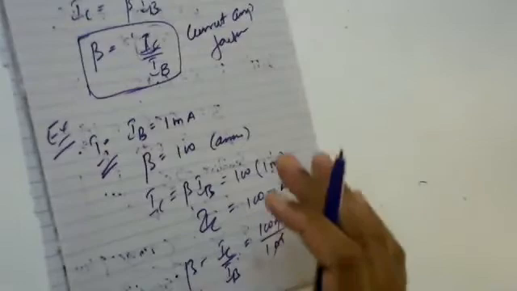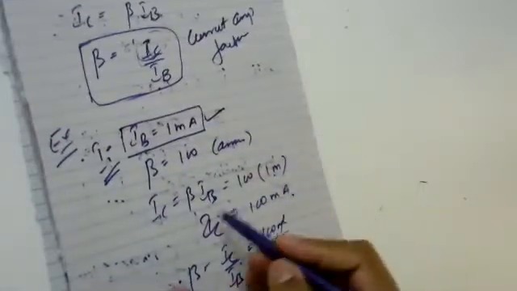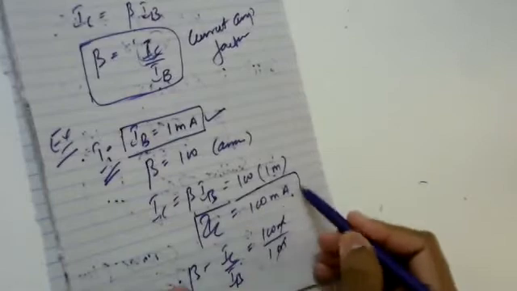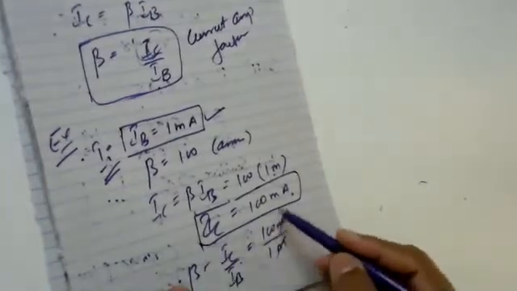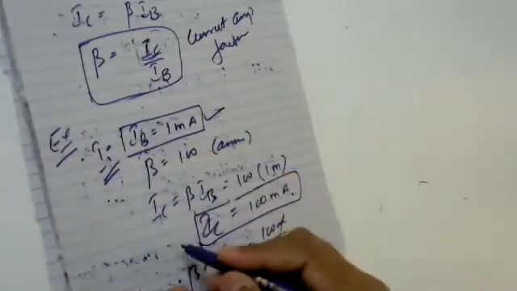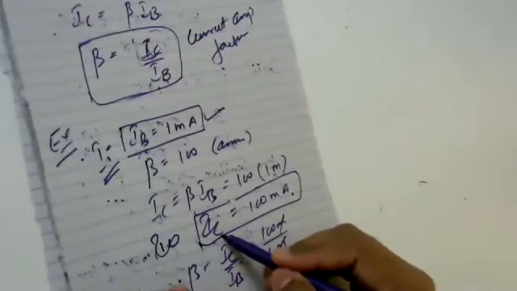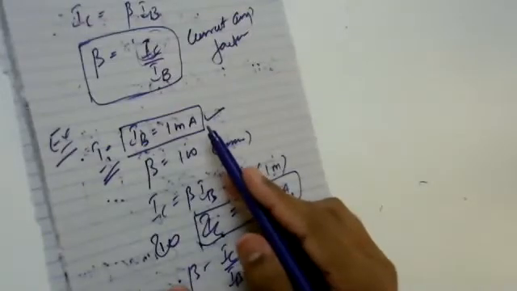So as we were interacting, you wanted to see how this amplification is happening. We defined a value of IB, which was 1 milliamp. We are able to see the value of IC, which is found to be 100 milliamps. So when I compare my input current with the output current, I can say that my output current is greater than that of input current.